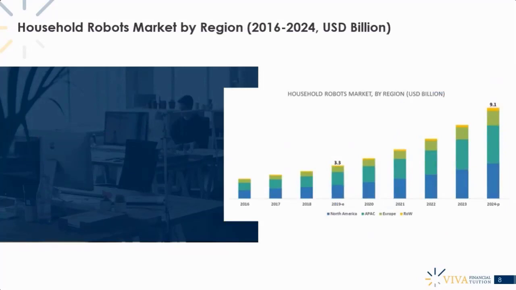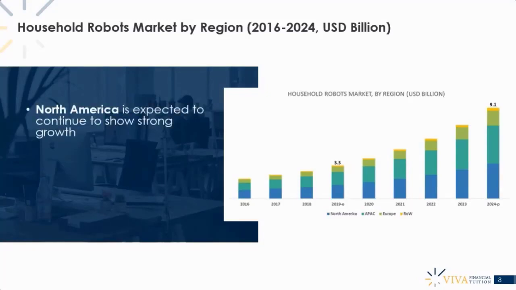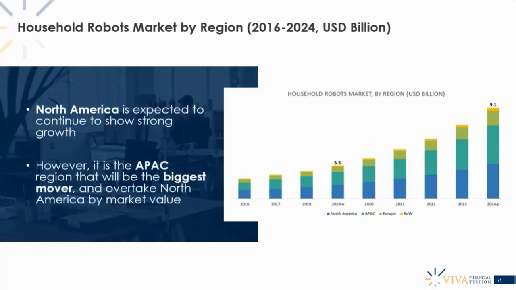Household robots market by region. Here we're looking specifically at household robots, and this includes vacuum cleaners, of course. We're talking about other robotic products as well, but this includes the robotic vacuum cleaners. North America is expected to continue to show strong growth, but as I mentioned, it's the APAC region, the Asia Pacific region, that will be the biggest mover, and indeed it's projected to overtake North America by market value